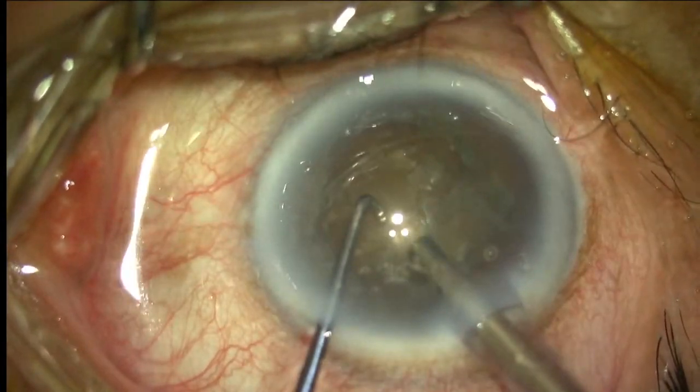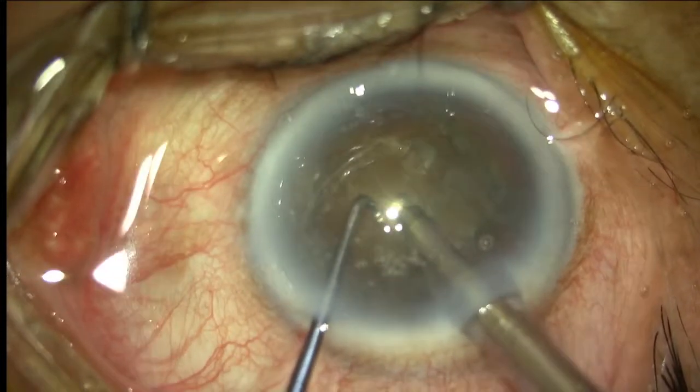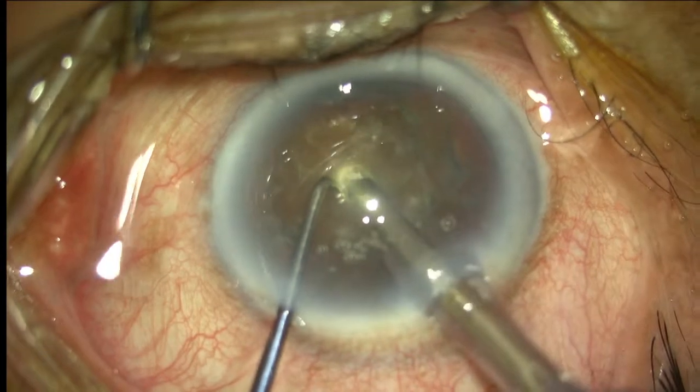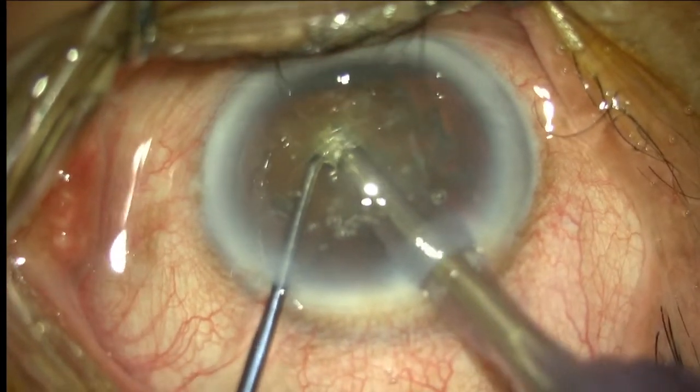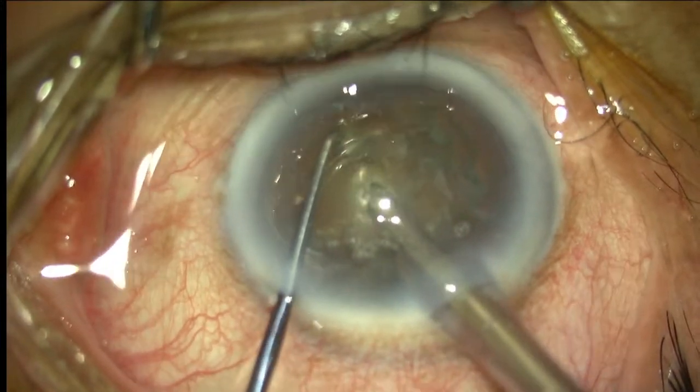So this is how you have to go from the center, impale the nucleus, and take it towards the periphery. Hold the nucleus here, draw the nucleus a bit,